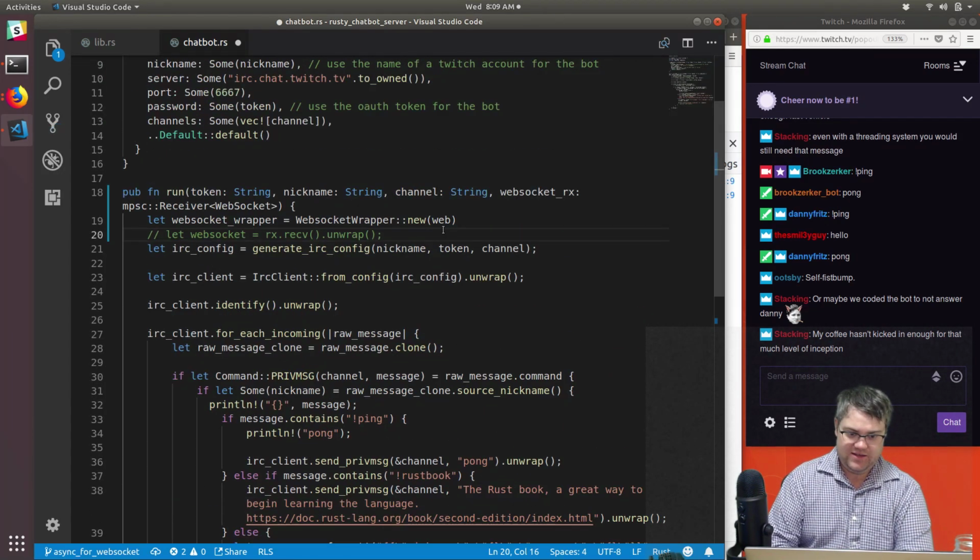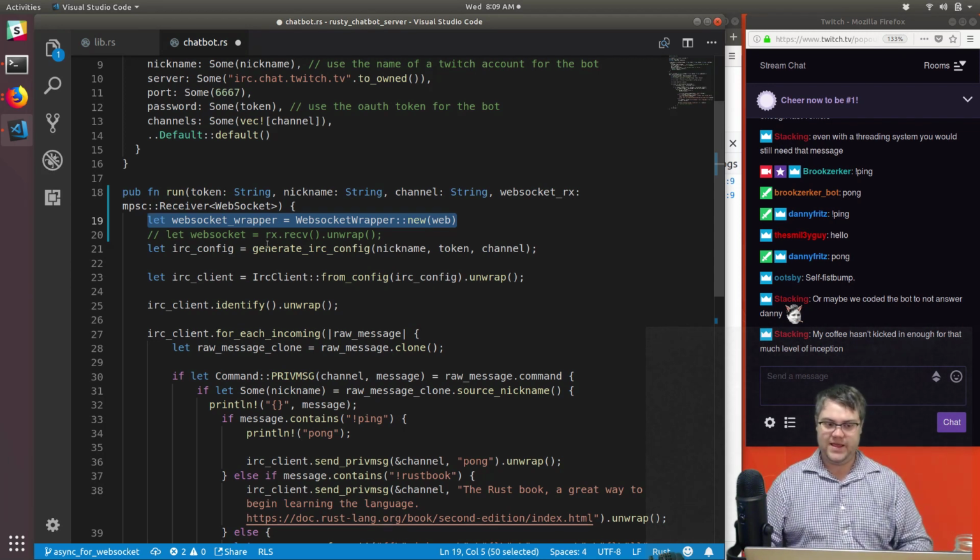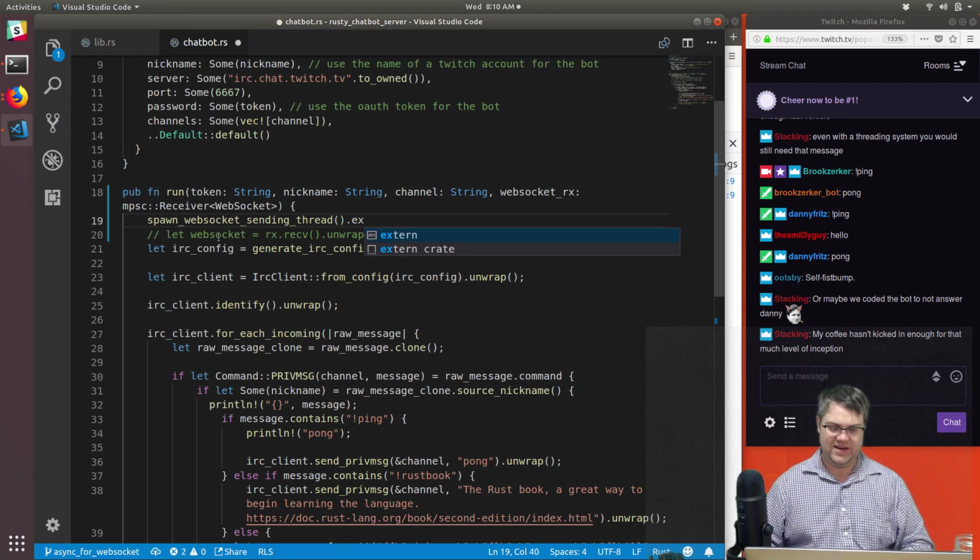This is going to go inside of the thread. So in reality, all we're really going to do is spawn a thread that's going to run this stuff for us. So I don't want to do this inside of the run function. Let's just call that, and we'll call spawn chatbot send thread. WebSocket sending thread. I don't know what to name this, so it's really horrible. And we can write an expect here and say